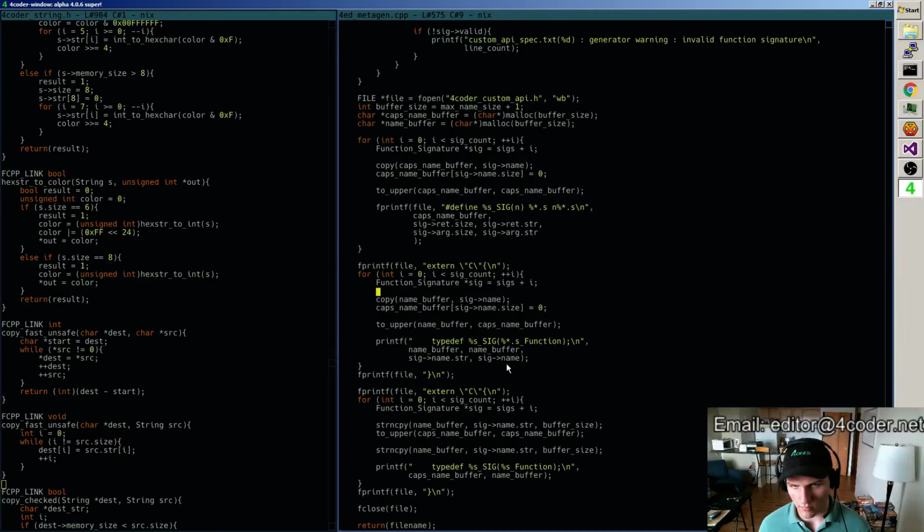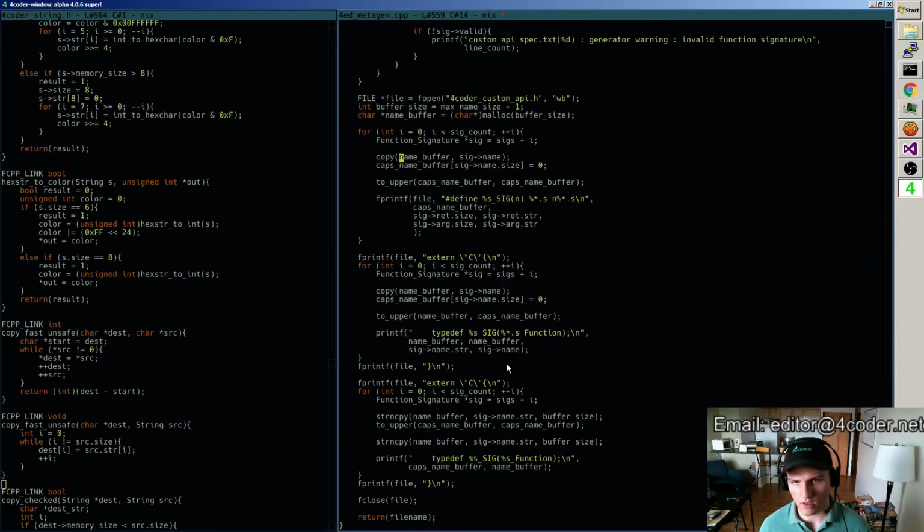So name buffer, caps. We can get rid of caps name buffer here. Yeah, so instead of name buffer there, what I can do is just use the name str, name size.